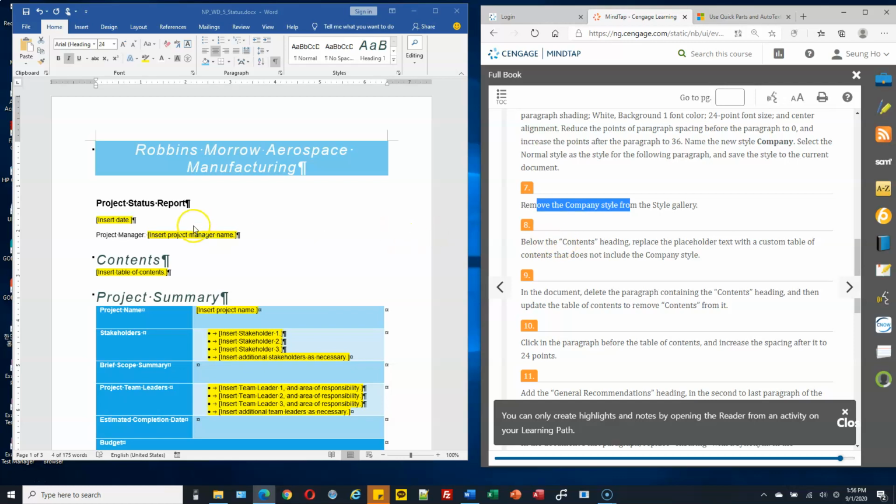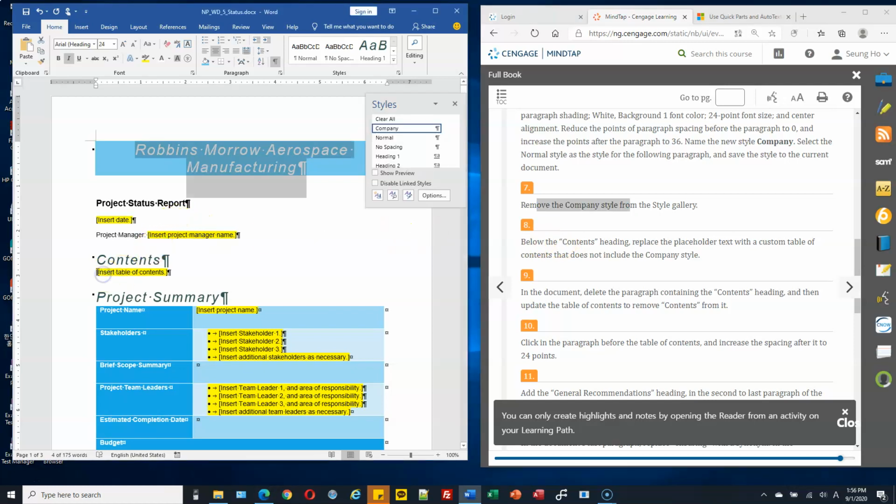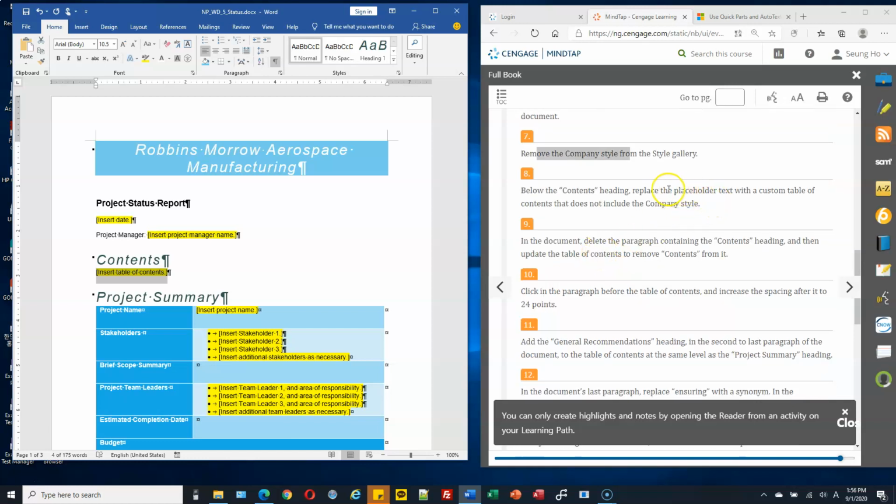Okay, below the contents heading, below this one, let me remove this style from this one. Replace the placeholder with the custom table. So let me delete this, and then we will insert table of contents.